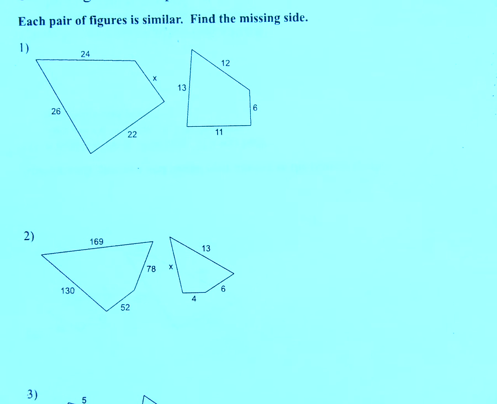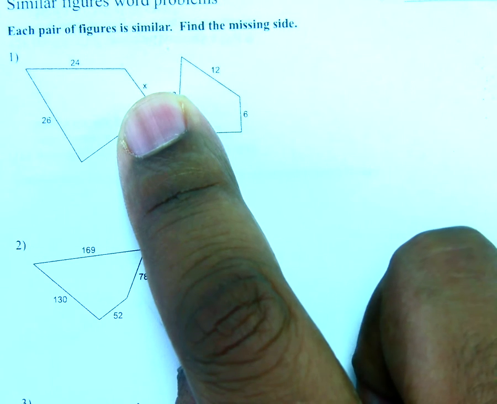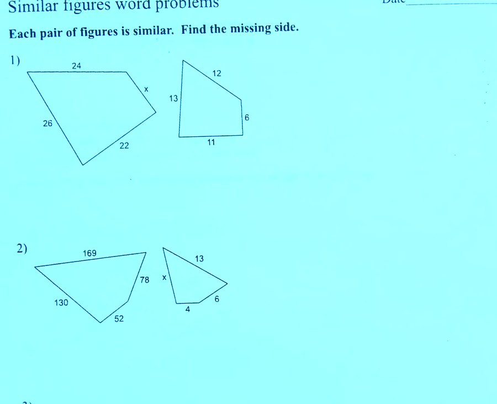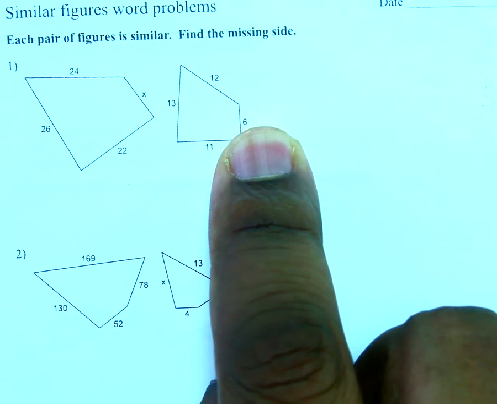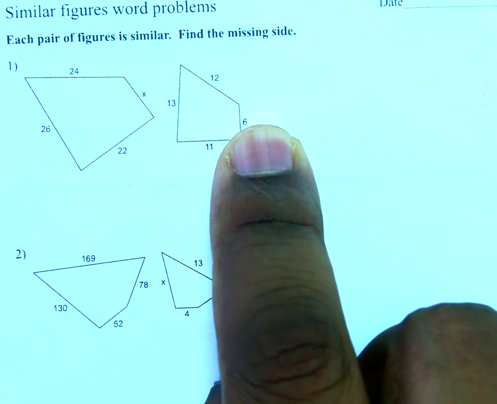If you take a look at number one, you have two quadrilaterals that are both similar. The trick here to solve for the missing value, which is x, is to match it up with its equivalent or corresponding piece on the other quadrilateral. Okay. Once you do that,